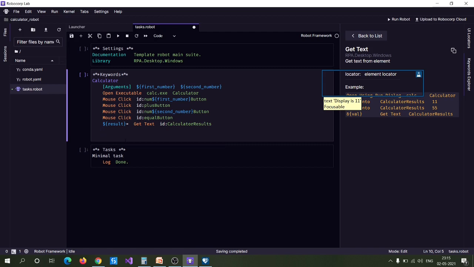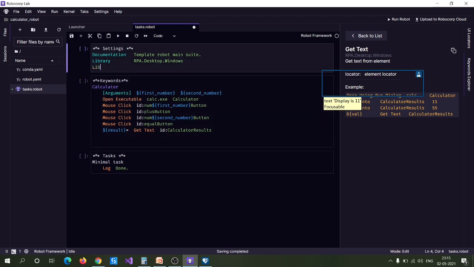After getting the result, we need to print the result. For printing the result, we can use notebook print, which comes under the rpa.core.notebook library. So let me specify that here, library rpa.core.notebook.